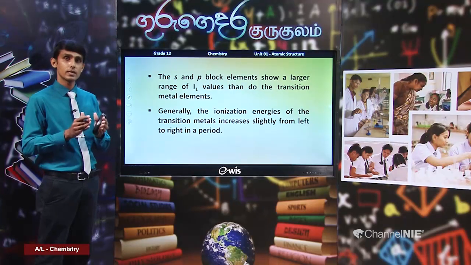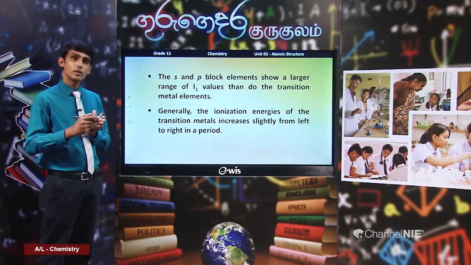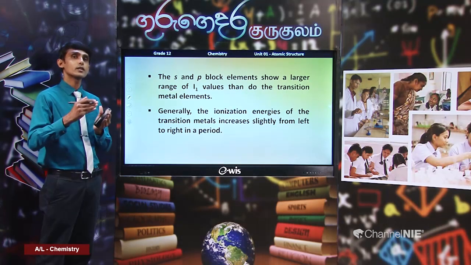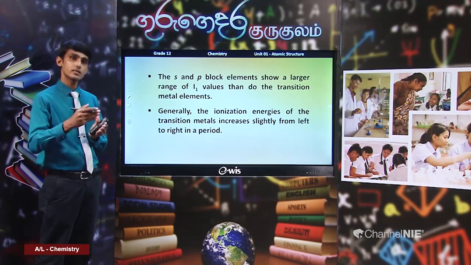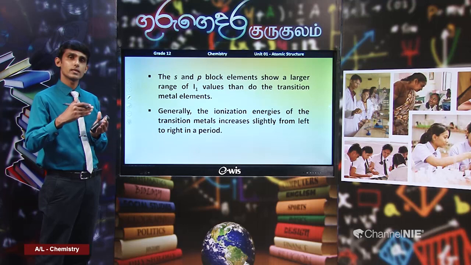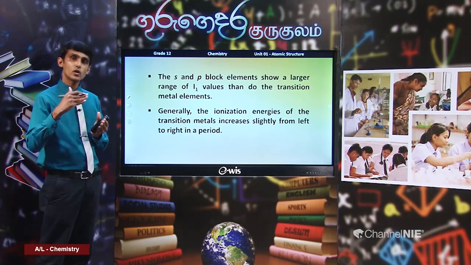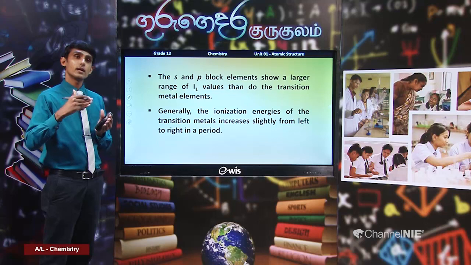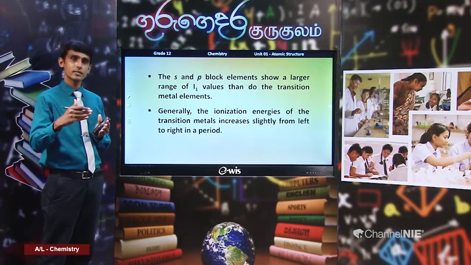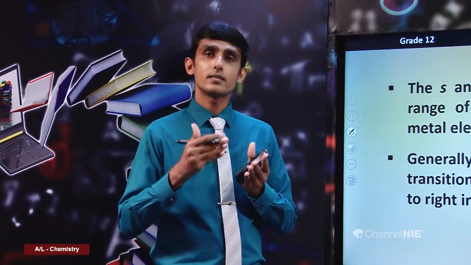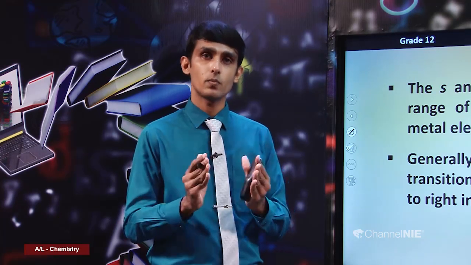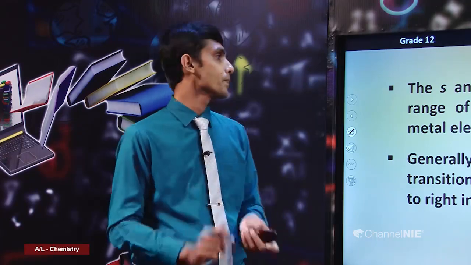Due to the relative stabilities of electron configurations, at some places the ionization energy increases more than expected. As a result, that regular trend or gradual increase cannot be observed. It increases, but it is not a very steady increase. It takes somewhat of a zigzag variation due to that. So, we are going to discuss this fact in detail.